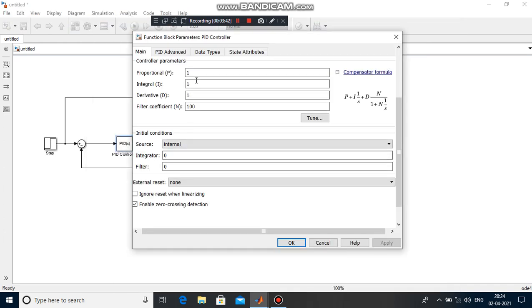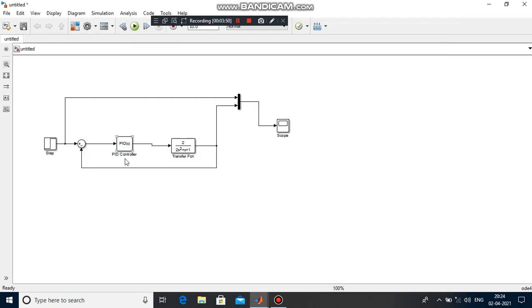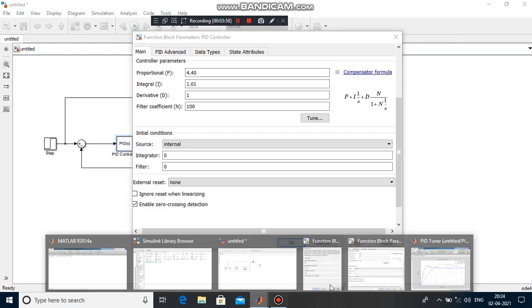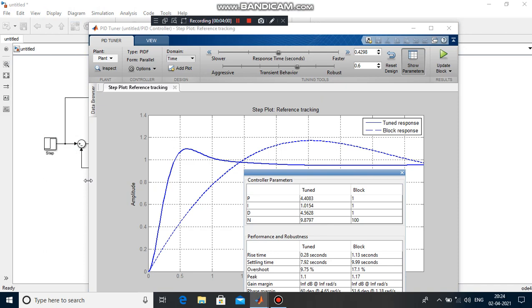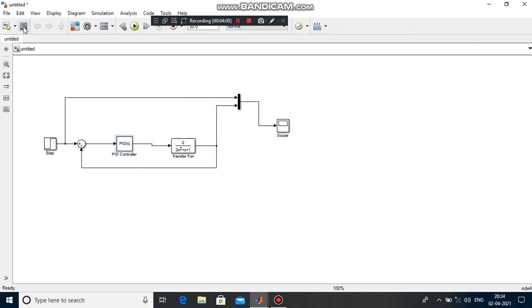So what are our control values? Our proportional control value is 4.40, our integral controller value is 1.01 and our derivative controller value is 4.56. After that you have to save and run the program.